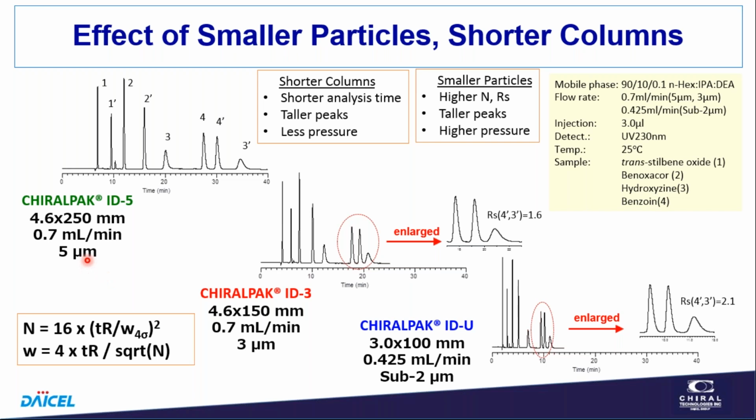So as we go to smaller particles, we do increase the column efficiency. We have about a 5/3 increase in the column efficiency going from 5 micron particles to 3 micron. And we have the equivalent decrease in column efficiency going to the shorter column, of about 3/5. Those cancel out. So for going from 5 micron to 3 micron and going from 250 millimeters to 150 millimeters, we should have about the same column efficiency, but we have about 60% of the analysis time. So we've reduced the analysis time.